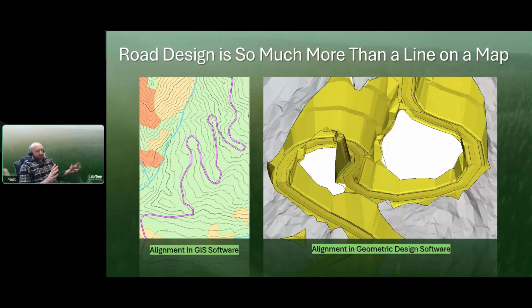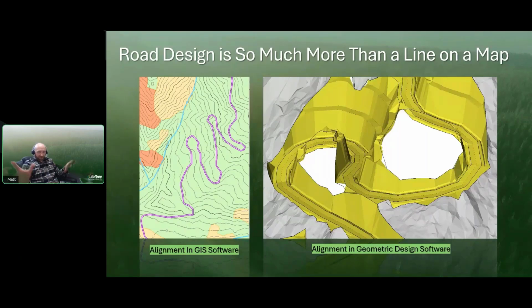But if we take it out of that lens and look at it through a design lens, we still have the alignment, so the center line. We still have a surface, the topo surface. But that alignment also has proper curves and tangents assigned to it, so we know we can drive safely at the design speed that we like and model it properly. But the big thing is we've got cross-section geometry attached to the center line.